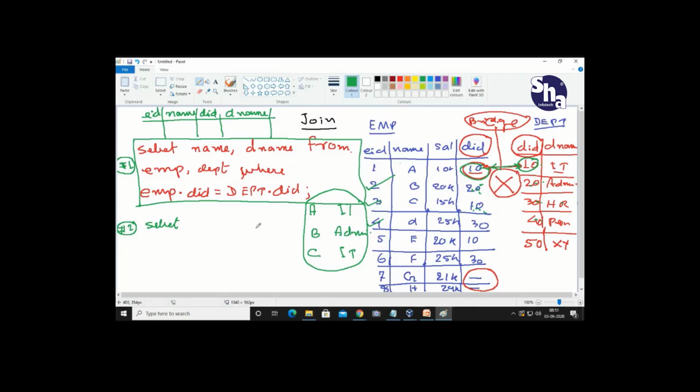Okay, who will go? Sagar, tell me. Question is clear? Sir, once repeat the question. The question is, we want to display employee ID, name, department ID. Sir, select employee ID, name,